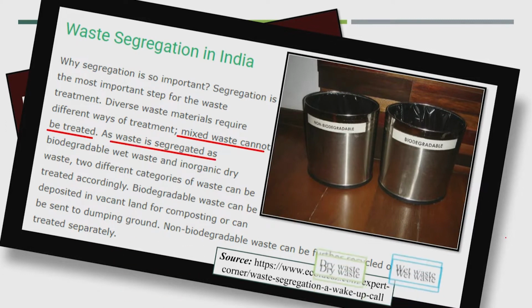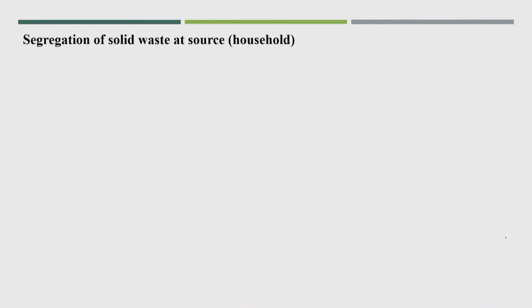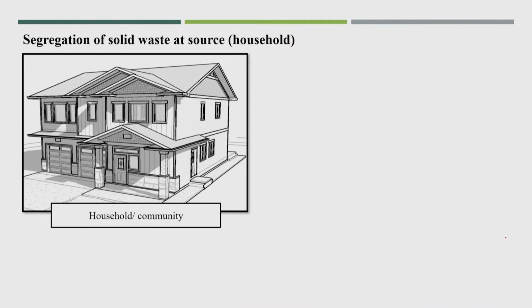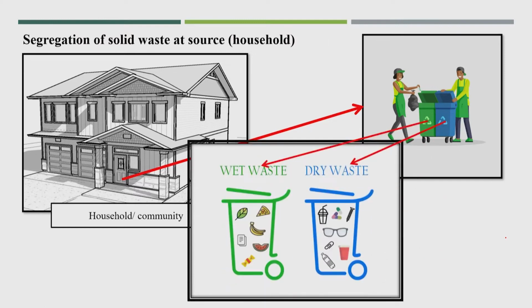The waste is segregated into biological, dry and wet waste. Biological waste will go to the biological treatment process like composting or anaerobic digestion, and dry waste, that is non-biodegradable waste, will go for further treatment, maybe the recycling process, combustion process or chemical treatment process. As I proposed in the previous class also, the waste should be segregated at the household level into wet waste and dry waste.